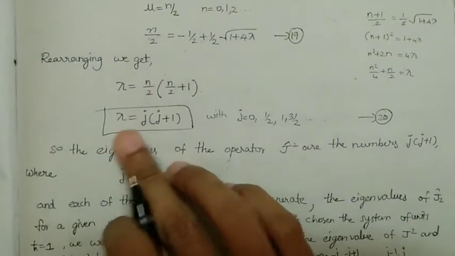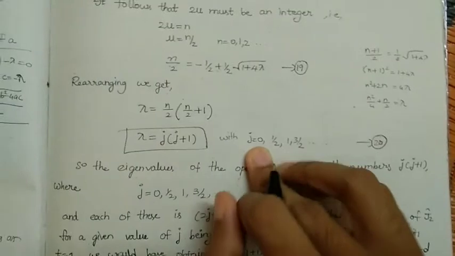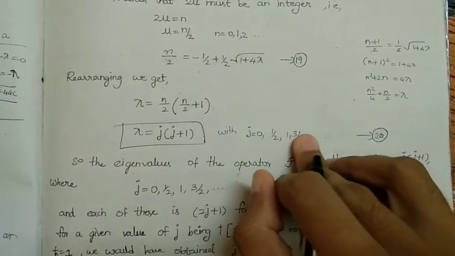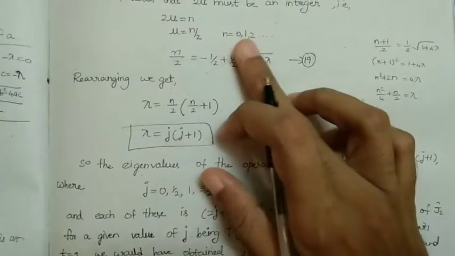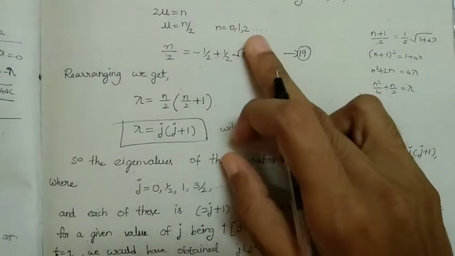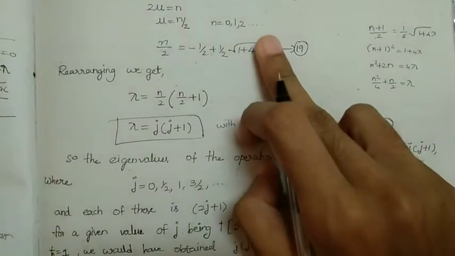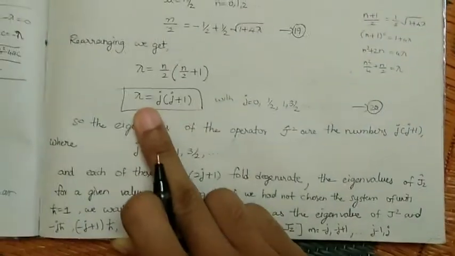So lambda is equal to j into j plus 1, and j is 0, half, 1, 3 by 2. Why? Because j is nothing but n by 2. N is 0, so 0 by 2 is 0. 1 by 2 is 1 by 2. 2 by 2 is 1. And 3 by 2 is 3 by 2. So from this, lambda equals j into j plus 1. The value of lambda is j into j plus 1. Hence we have